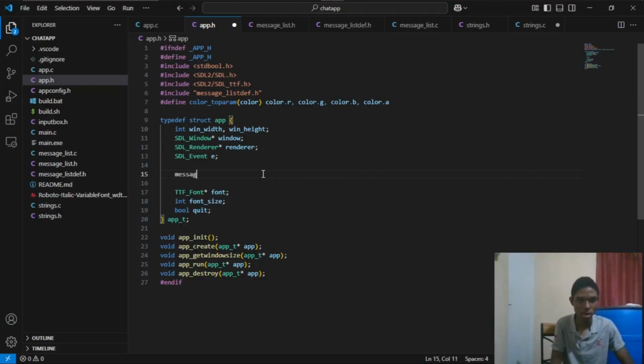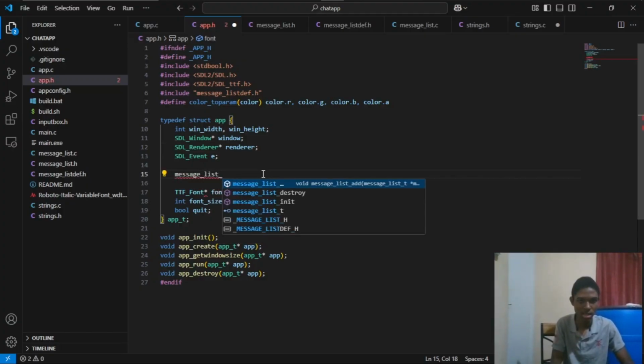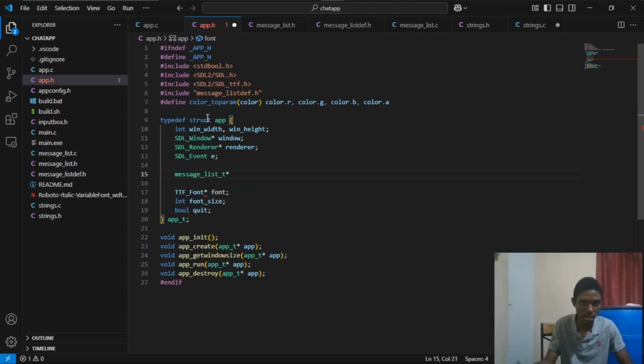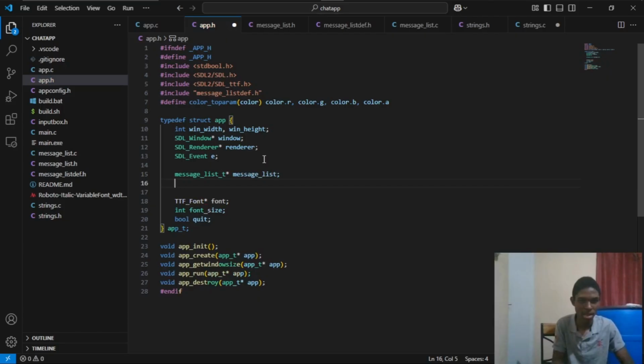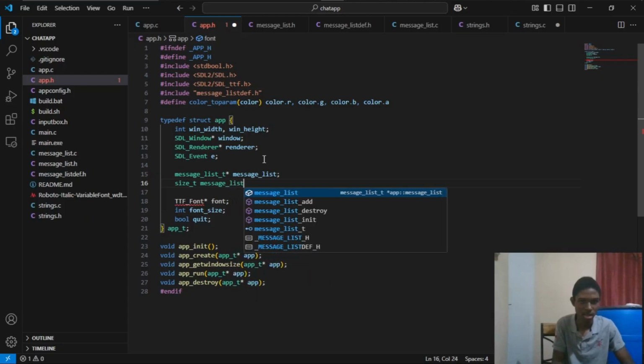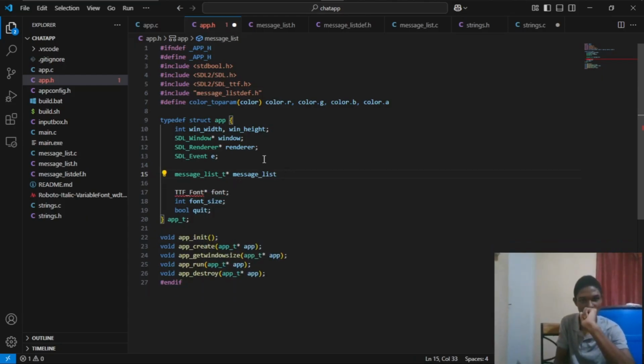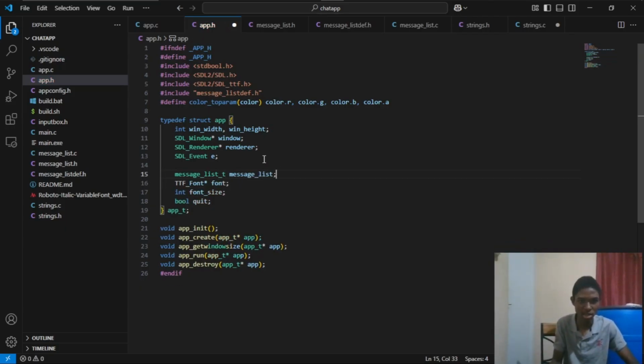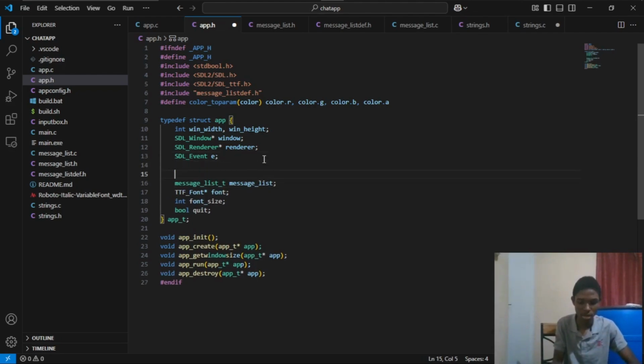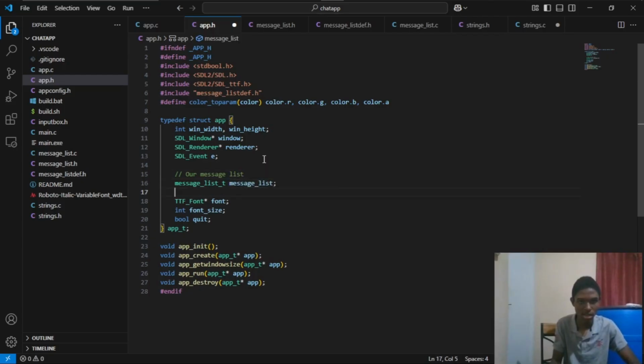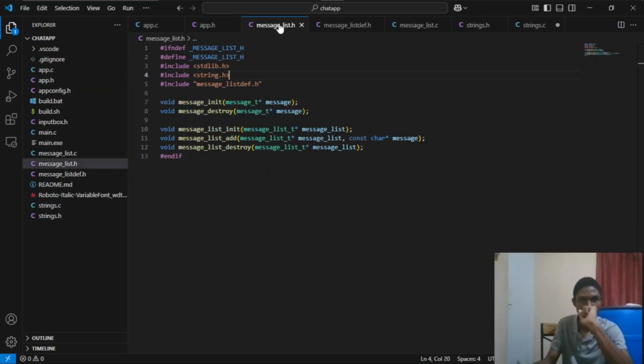So we're gonna have our message_list_t inside of this app structure, and we're just gonna write the variable name message_list. No, we're not yet. We're just gonna have a message_list_t message_list. That's all we're gonna have. Let's add a comment here: our message list. And then now, guys,